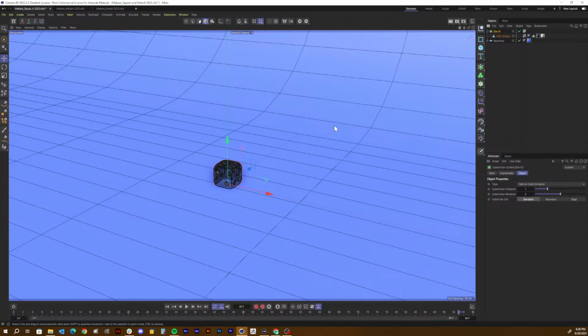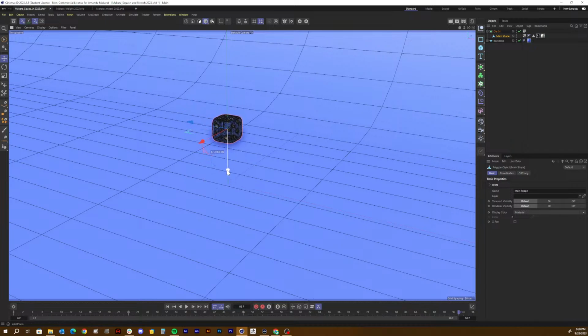Like I said, we'll get more into that later, but I just kind of wanted to touch along the lines of what the subdivision surface does and why it looks like this child parent relationship, because this is important when it comes to animating this dice. The main shape here would have been the cube, right? But notice how our axis is flipped upside down. That is incorrect, right? We don't want to start animating it like this,